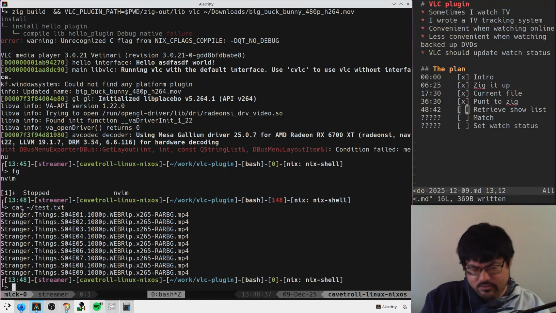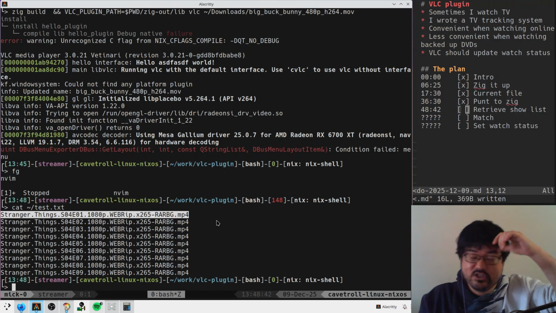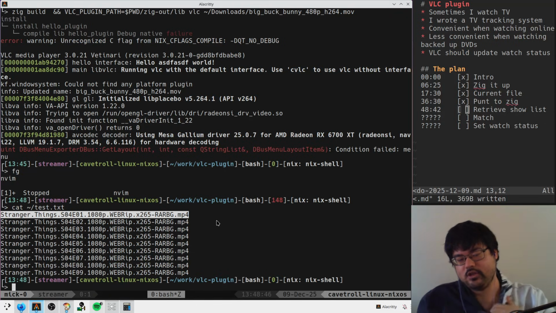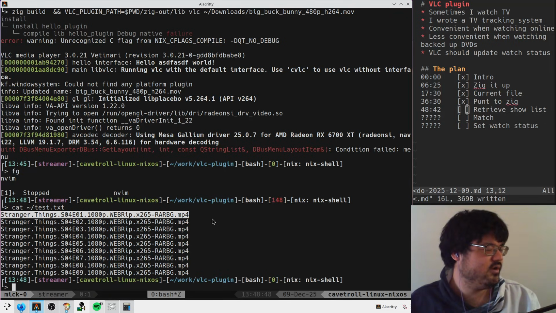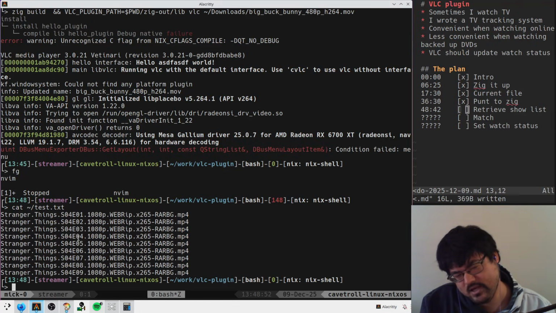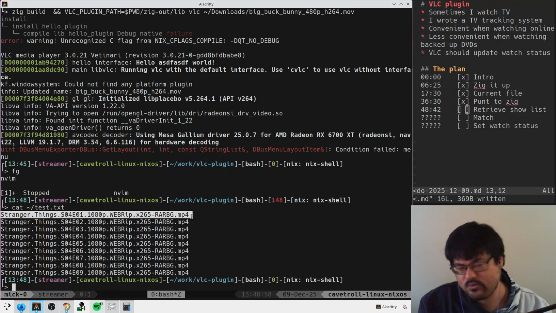Now, these file names are way too long, so you could strip out common parts of this. Oh no, you don't want to do that. Maybe you do substrings of this or something,